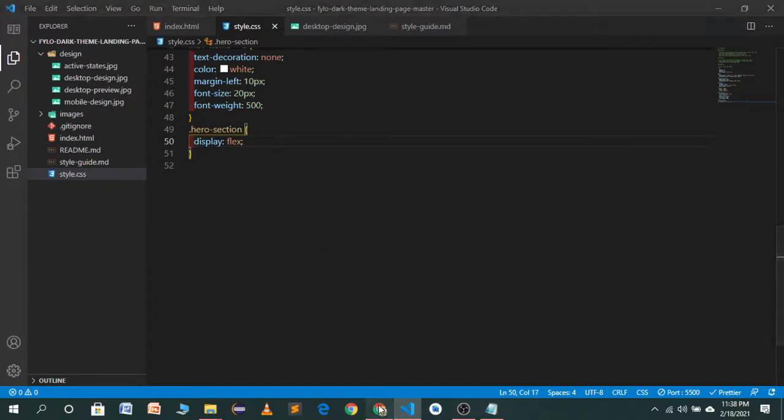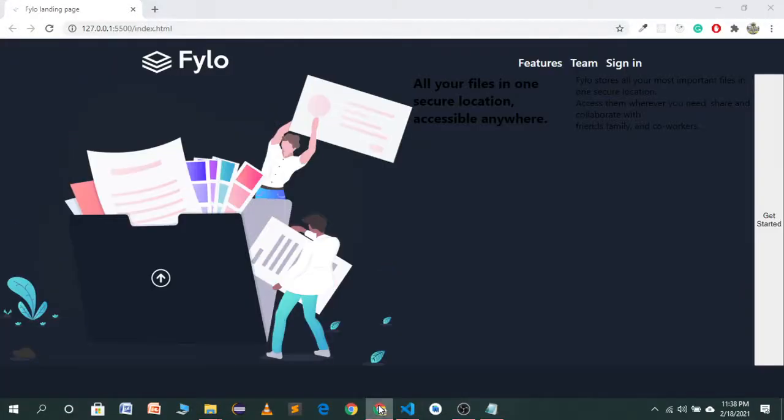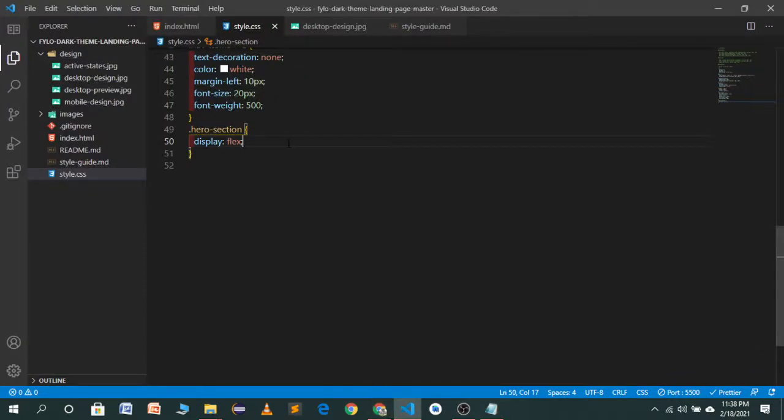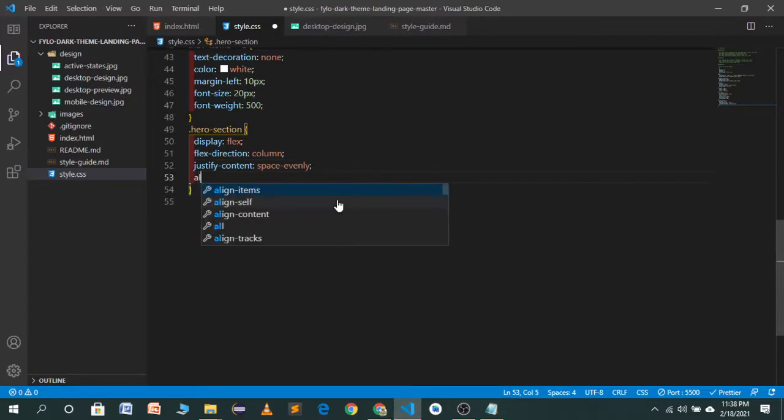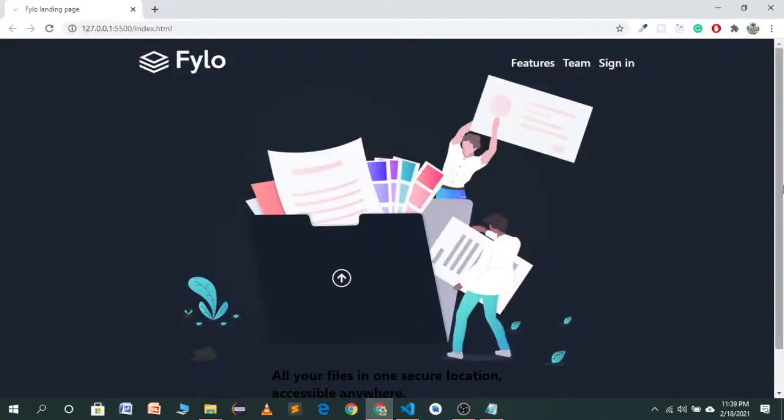As you will see, it has aligned in a horizontal direction, but we want it in a vertical direction. So flex direction will be column, justify content will be space evenly, I think that will be good, and align items will be center. So now you will see it has aligned beautifully.